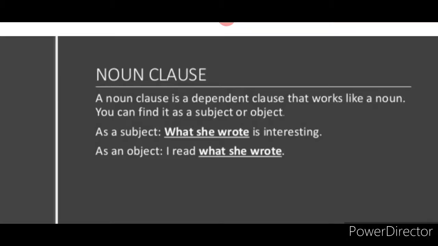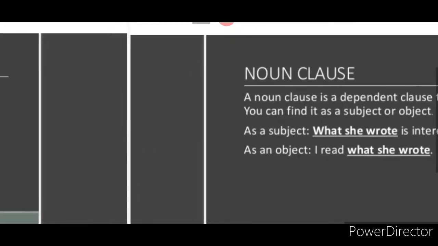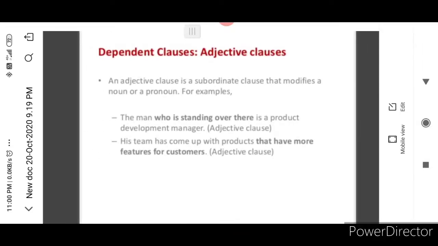Okay, children, so Seema, let me explain you once again. This dependent clause always depends on the independent clause to give you a complete meaning. Even though it has a subject and verb, it will not give you a complete meaning. So this dependent clause is divided into three types: adjective clause, adverb clause, and noun clause. What is adjective clause? Adjective clause gives you more information about a noun and it will tell us which one, what kind or how many.